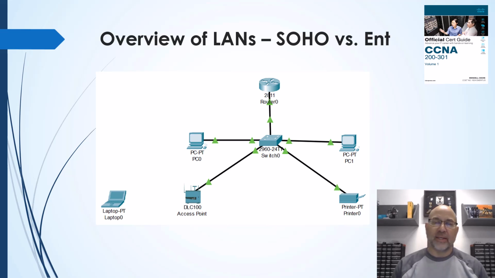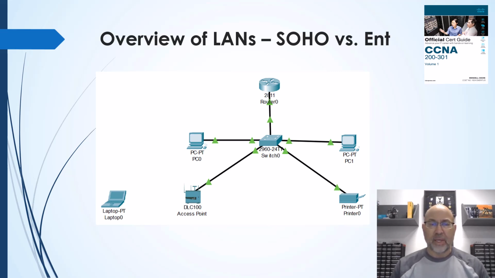So that's what a LAN is. The smallest ones are SOHO, and then they move on up through SMBs, or small to medium-sized businesses, and then on to enterprise or campus. The components that we're going to be dealing with here are hosts, right? Those hosts could be anything: printers, game consoles, even IoT devices. Central nodes include things like switches and hubs, and then we connect to the rest of the world or another network via a router. But of course, any network today can have an access point in it, which provides wireless